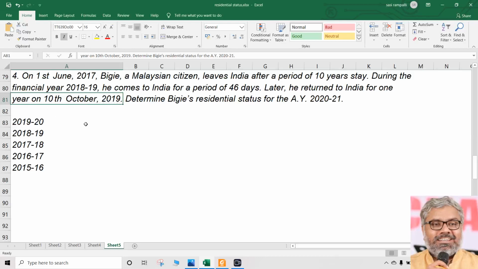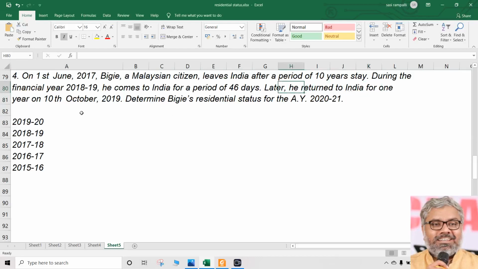That 1 year some people would have taken as 365 days here. If yes, that is wrong. If no, that is good. Why is that? We are not interested in his plans. We are not interested in his travel plans. He wants to come for 1 year. He wants to come back to India for the entire life of this guy, for the remaining life. That is none of our business. Our job is to calculate, not to look for useless information.